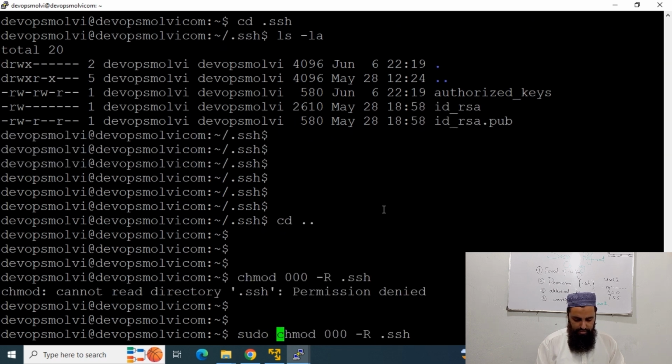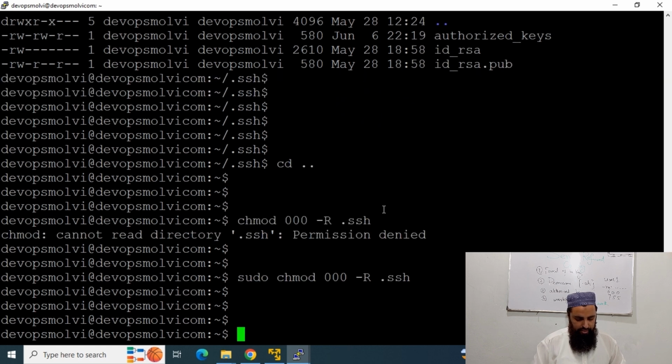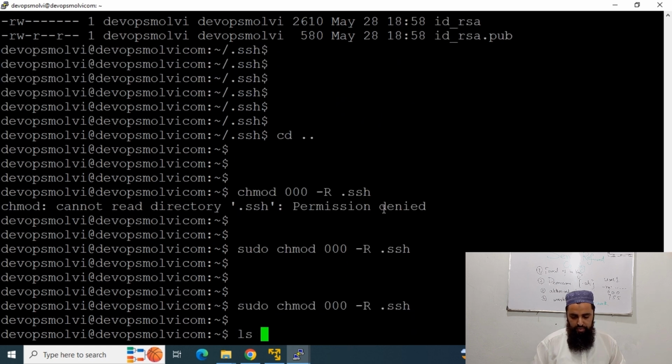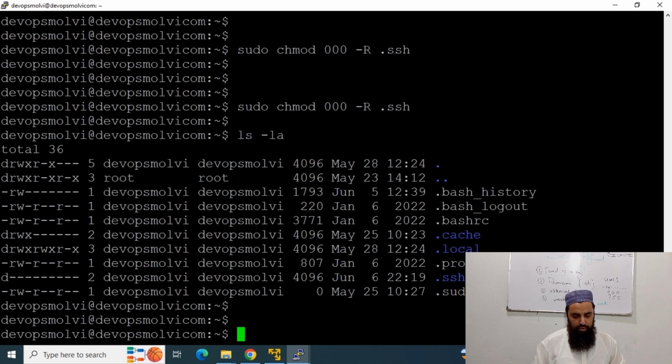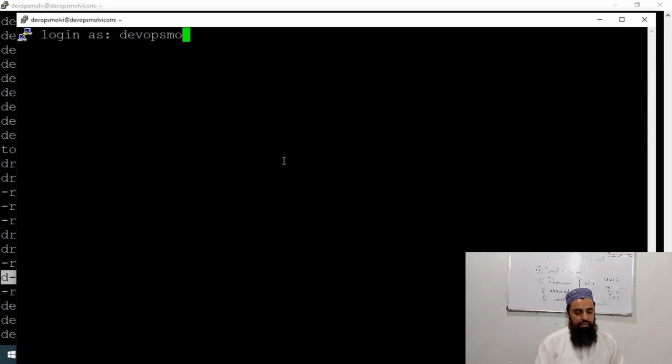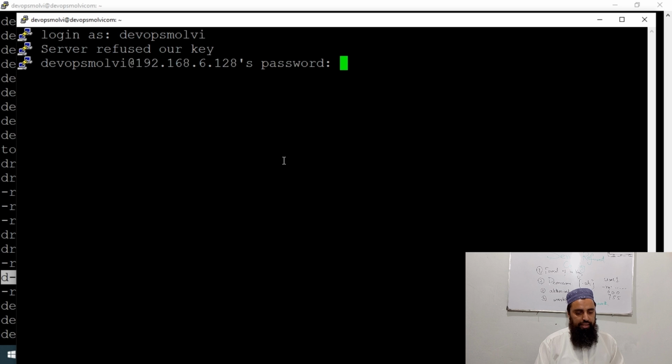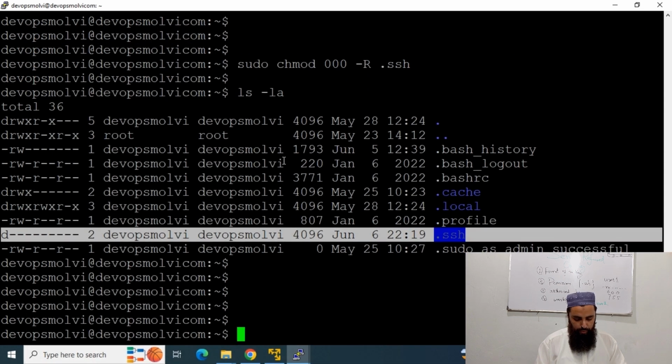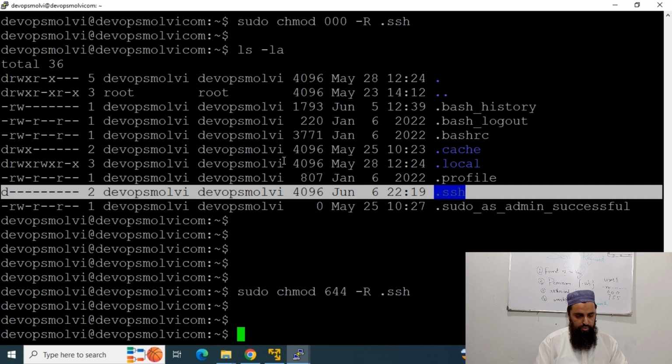And now you can see ls -la, it is completely gone out of permissions. Now I will try again to log in as DevOps Molvi, and you can see that server is now again refusing our key. Now I will change the permissions back to 644, which is recommended, and I will be able to log in,